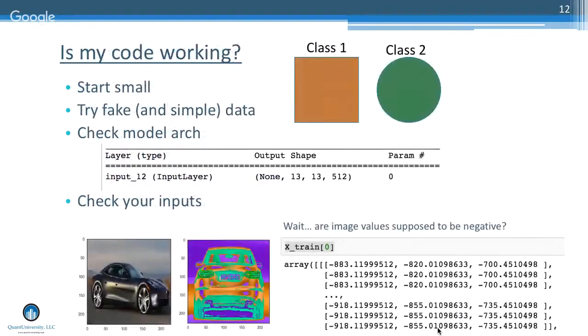For code, we've seen some of this already, right? Try to make something that you think your network should trivially be able to do, right? If I'm trying to do visual classification, like just generate some fake images with simple shapes or simple colors. If your network can't learn that, then you're doomed. And so you should fix that before you go try to do something complicated.